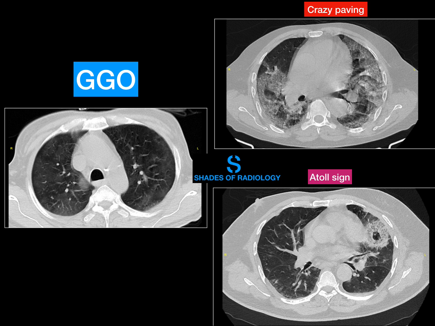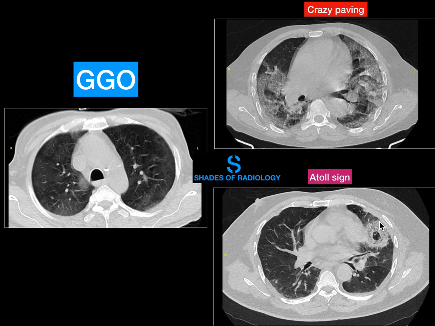And coming to the real CT images, which we encounter daily, are the presence of ground glass opacities. You can see the vessels through the opacities, then we call it ground glass. And coming to crazy paving, that is the presence of confluent ground glass opacities with interlobular septal thickening. When there is interlobular septal thickening, it gives an appearance of crazy paving pattern.